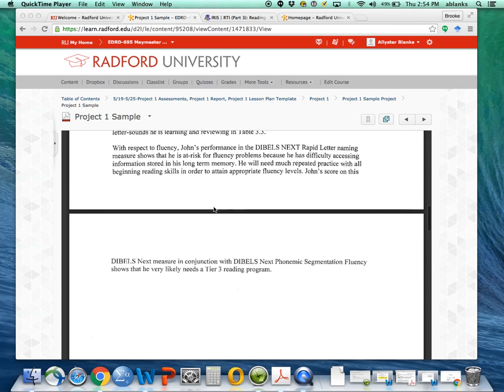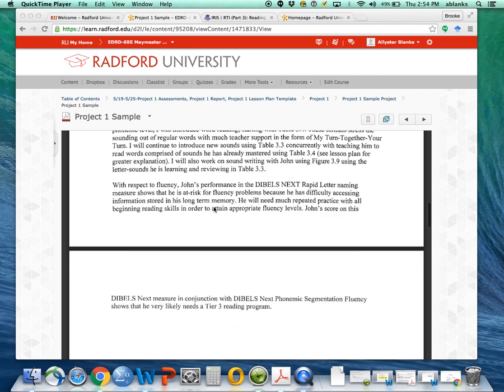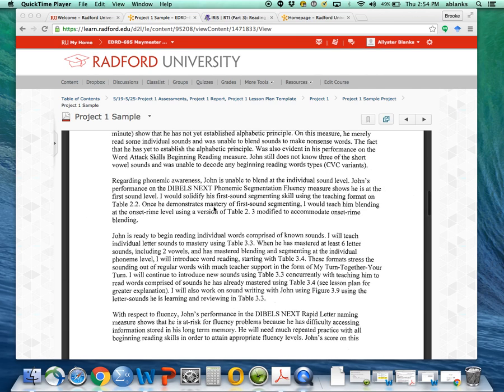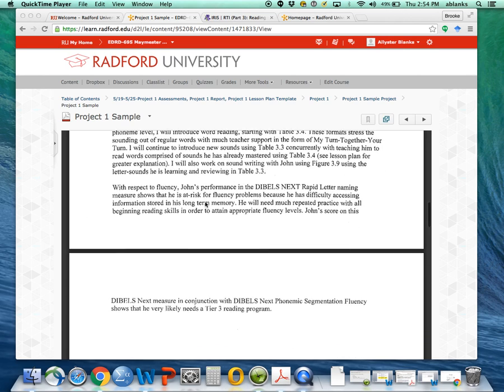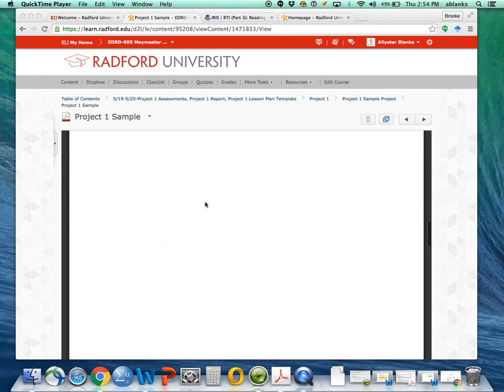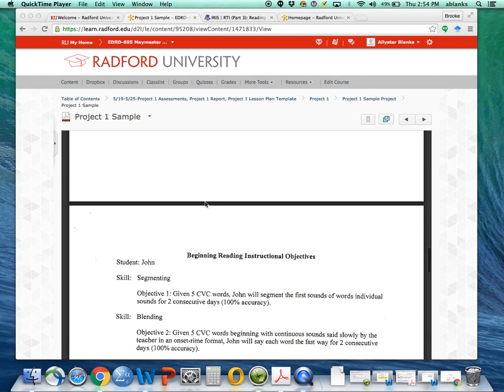And then at the very end of each section in this narrative report, you're going to tell me what teaching formats from Bursic and Damer you're going to use to work on which specific skills. I'm going to be looking for table format numbers, and I'm going to go back and compare the formats that you're choosing to the skills that the student demonstrated on the assessment to make sure you're doing it right. So spend some time making sure that you're getting it right. You should have teaching formats for all of the